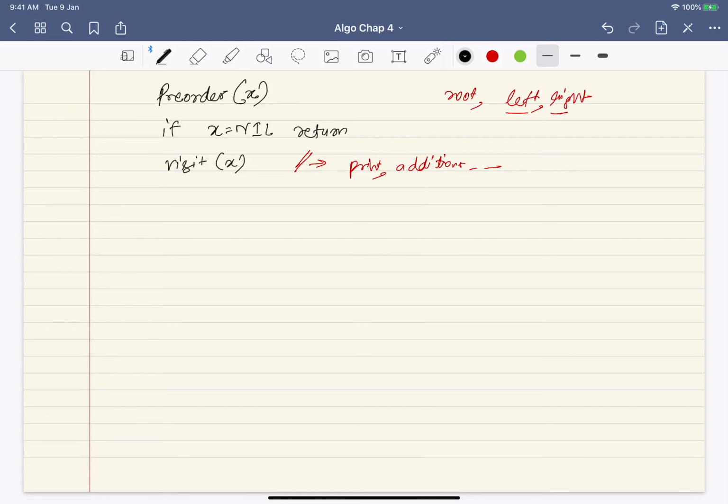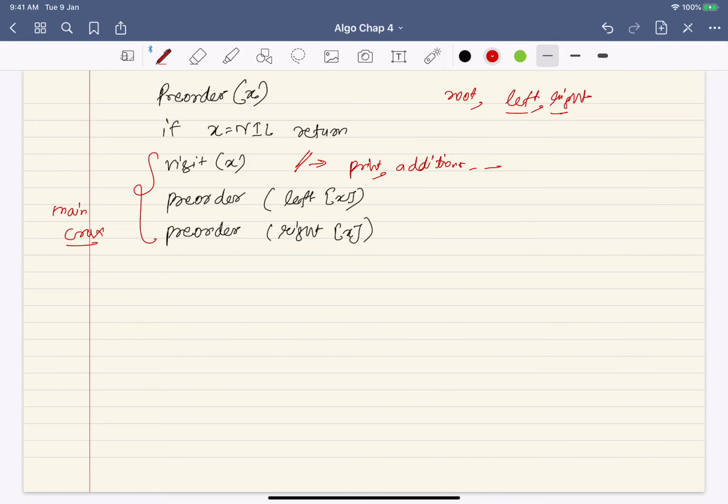That is simply you call pre-order on the left and right subtree. So you will say pre-order left of x and pre-order right of x. Okay, so yeah, these three together make the main tracks.